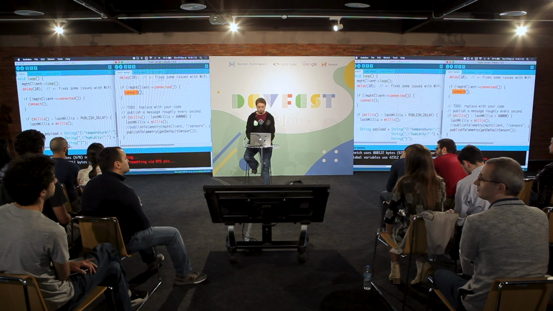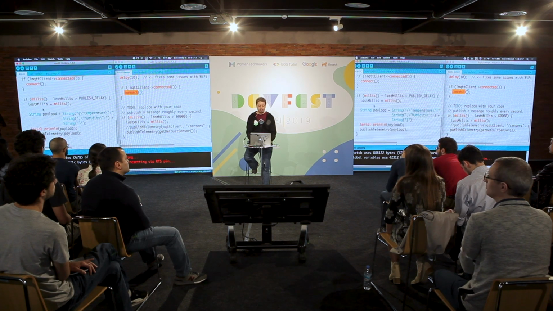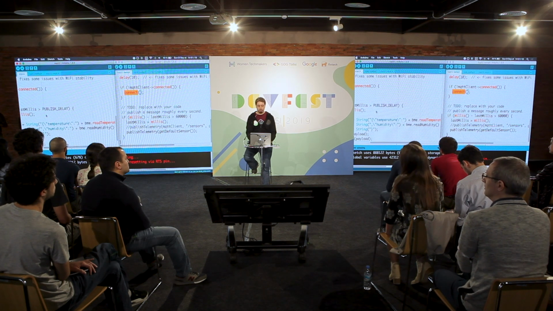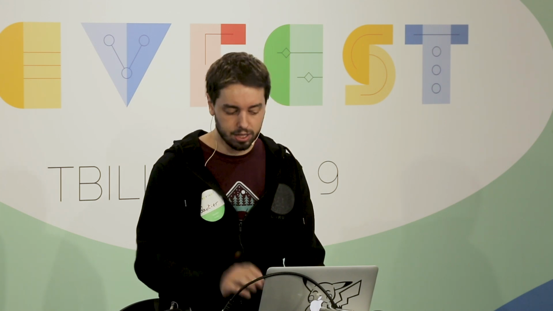And now, every 5 seconds, what I will do is I just take my payload. So remember the method earlier, BME read temperature and read humidity. I just put those in a JSON. And I will just call this method, publish telemetry, to send this payload to the Google Cloud. So what it does, if we check the implementation, it calls the publish telemetry method from the MQTT client.